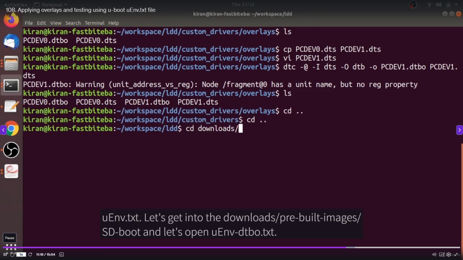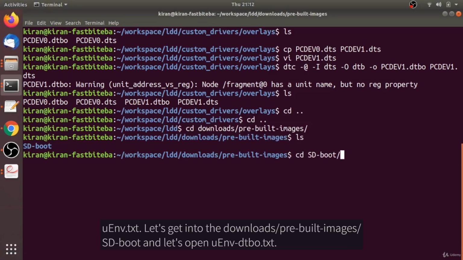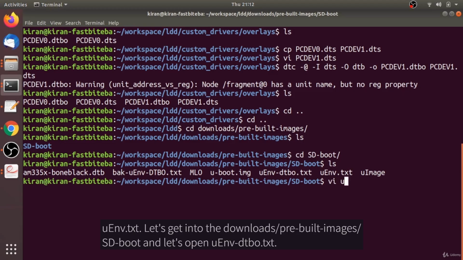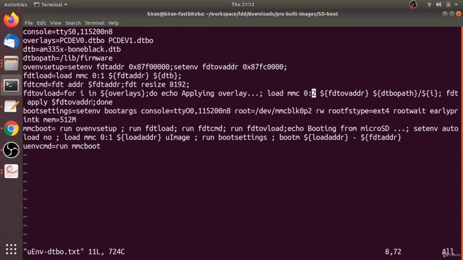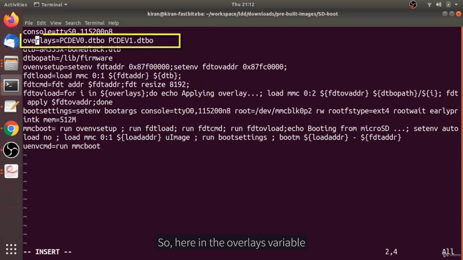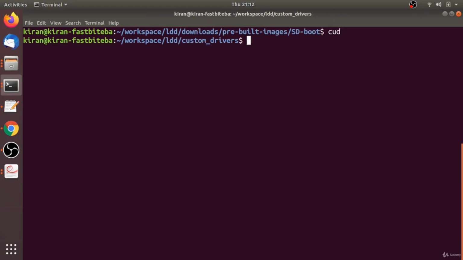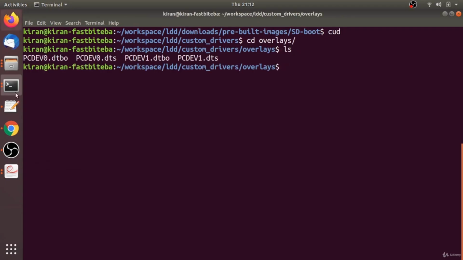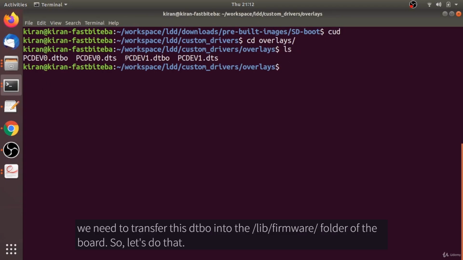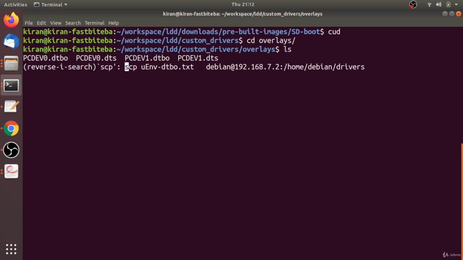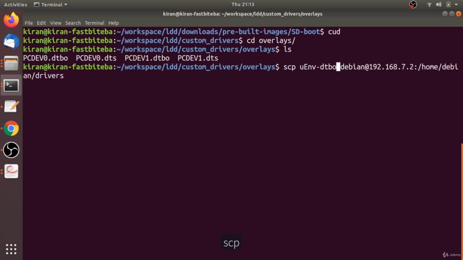Let's get into the downloads pre-built images, sdboot, and let's open uenv.txt. So here in the overlays variable, just give a space here and mention the second DTBO. Like that, you have to mention n number of DTBOs. Let's get into the overlays folder here. We need to transfer this DTBO into the lib firmware folder of the board. So let's do that. Let's do scp pcdev1.dtbo,